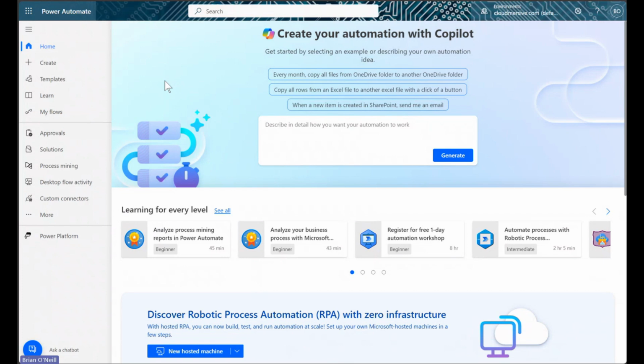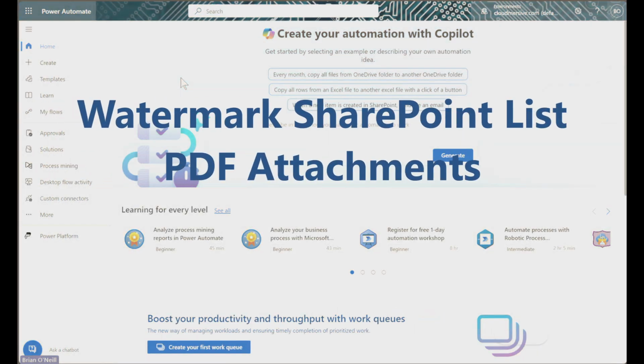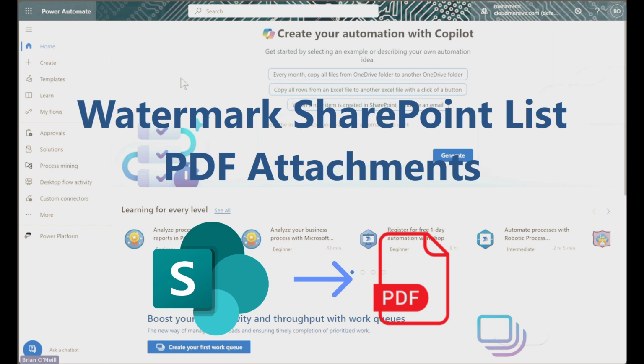Hello everyone. In this video we will learn how to set up yet another simple automated flow that supports our SharePoint list workflow. This time we will learn how to automatically add custom watermarks to PDFs when they're attached to